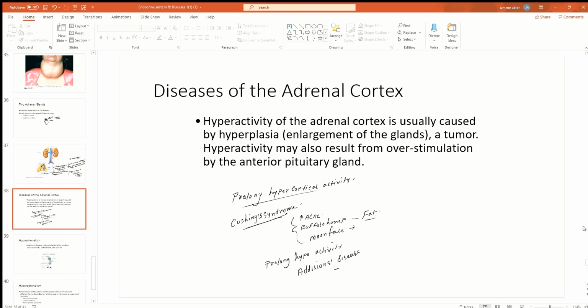Okay, Addison's disease. So in Addison's disease, we see some symptoms. One is, we say, bronze pigmentation in the skin,